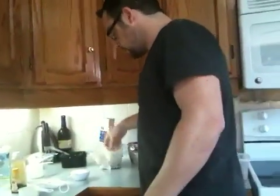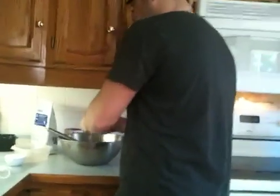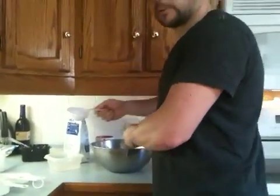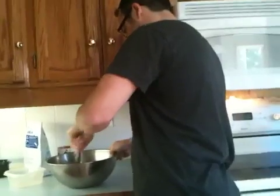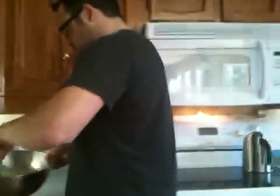So I add those. Then I've got 3 eggs. Crack them in here real quick. 1, 2, 3. I'm not French. Anyways. And then I'm going to put the Splenda in there. And that's it. 1/2 cup of Splenda. And I'm going to take the trusty beater. Beat it up. Look at that. Good. Nice and creamy. I use the electric beater for my cookies, which I made last night,